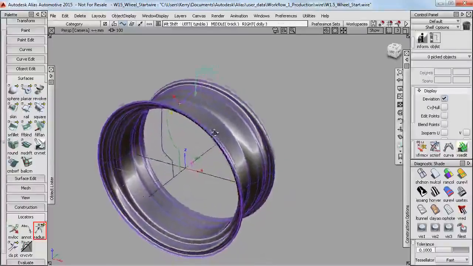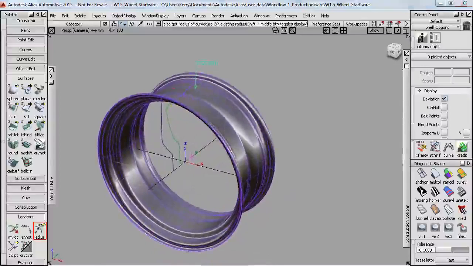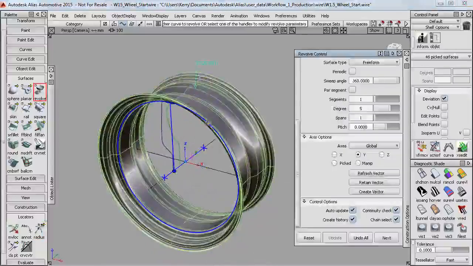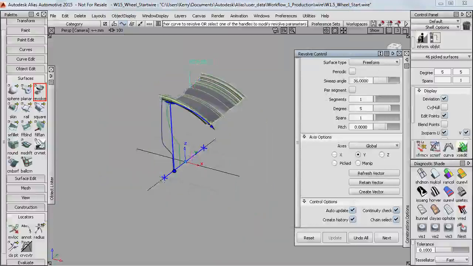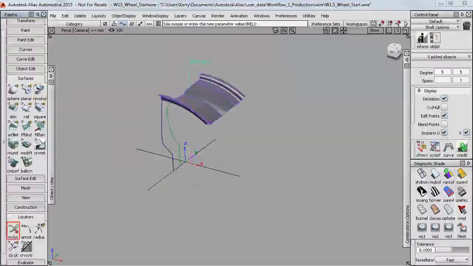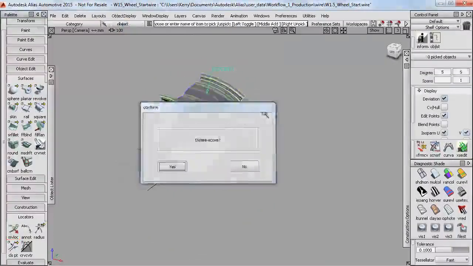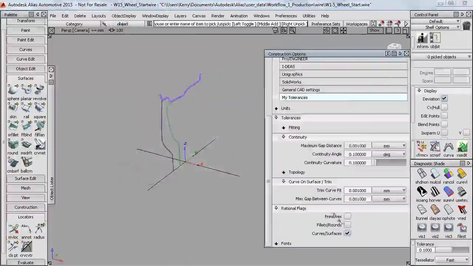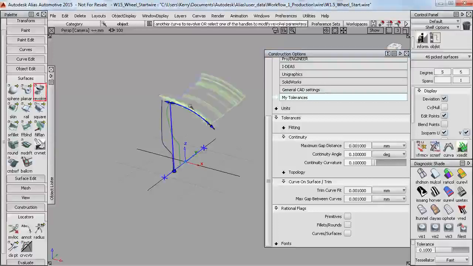Alternatively, I might decide to do just a segment. So I'll query edit that and just go to 36 degrees. And this is still building at rational, so it's still completely accurate. But for partial revolves, I can also work with non-rational. So I'll delete that one and go and set my construction settings to non-rational. And then if I do the revolve again,